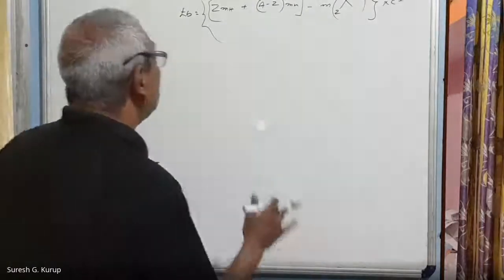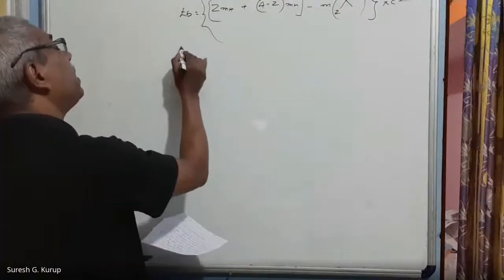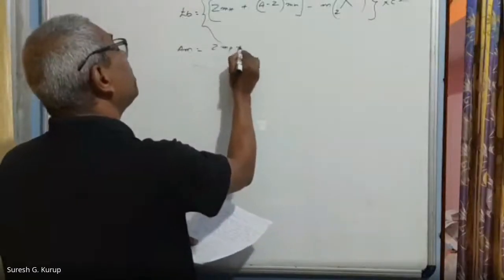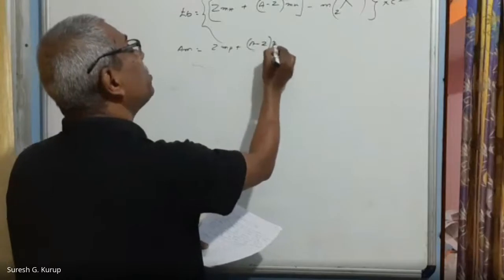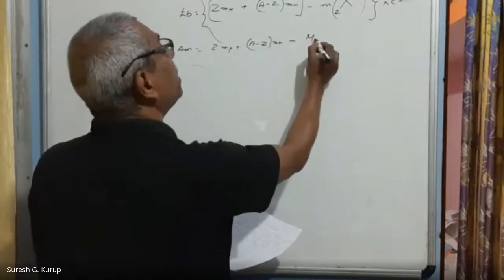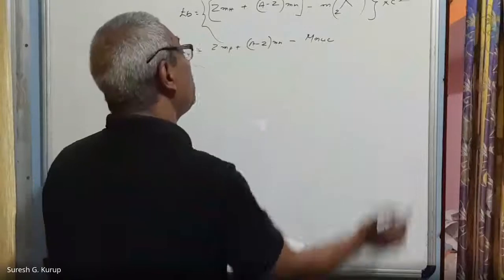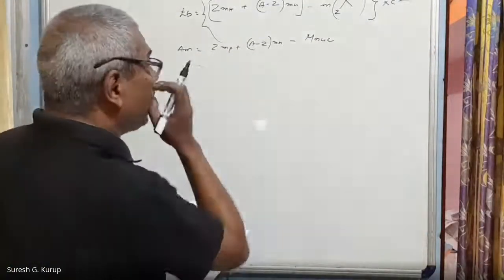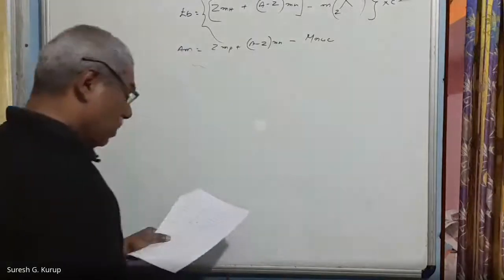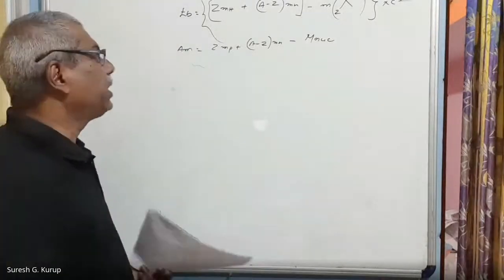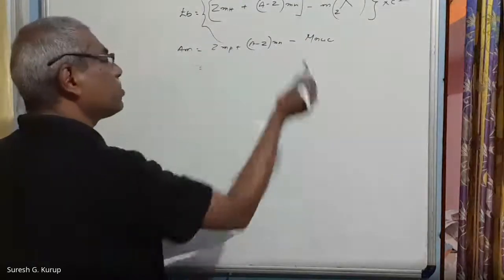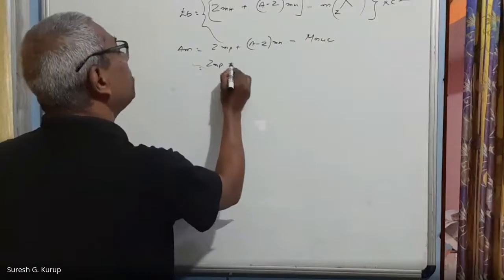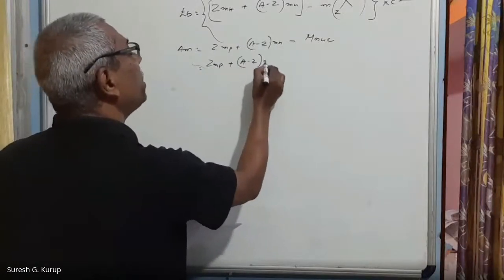Because we know that we have already done that, delta M is equal to ZMP plus (A minus Z) into Mn minus MNUC. This only we have seen as delta M, right? Now we will add and subtract the mass of electrons present in the atom. Then we will get ZMP plus (A minus Z) into Mn